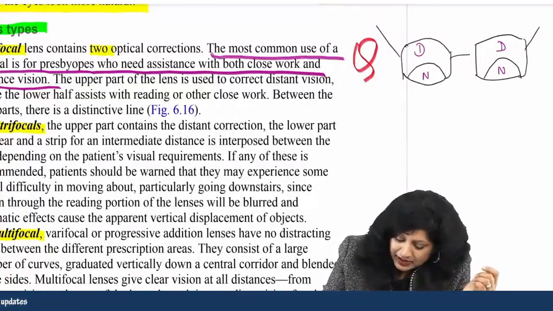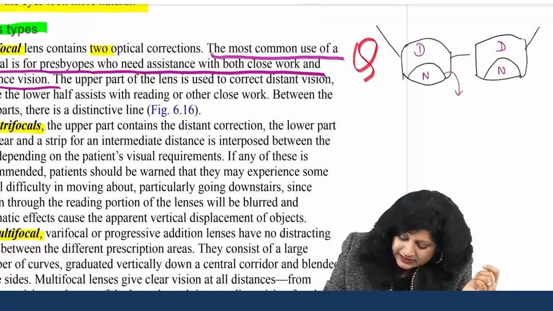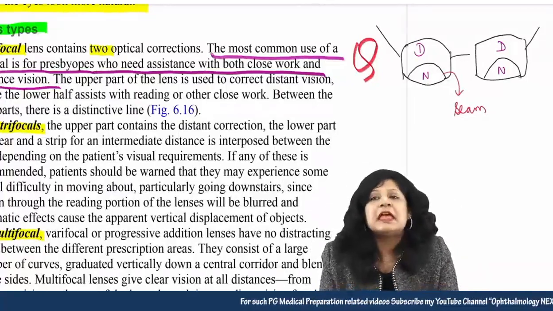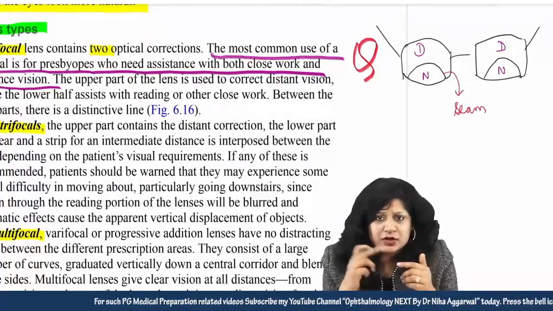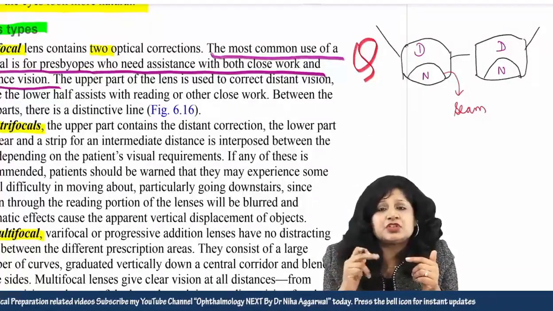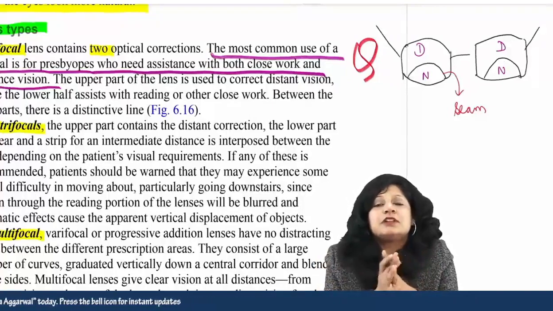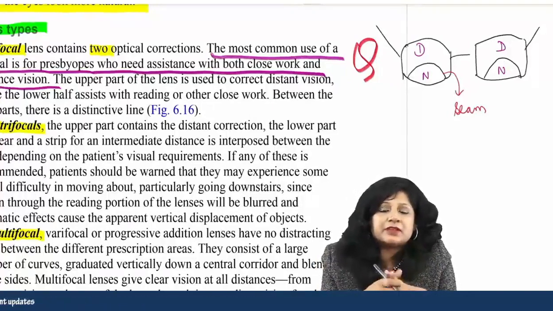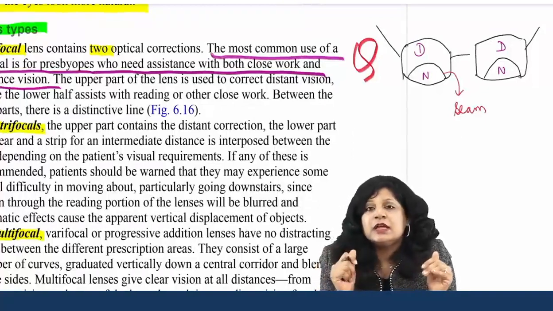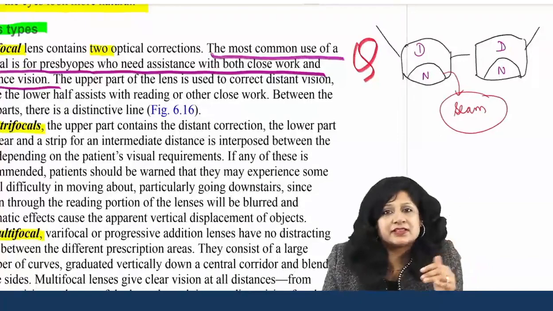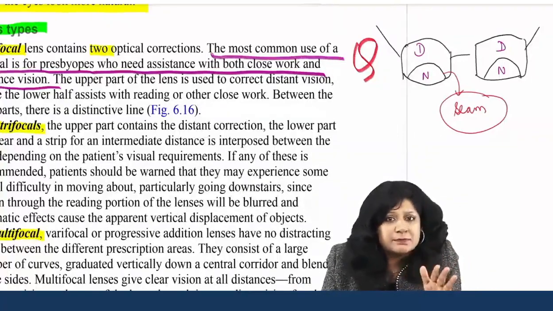And this part which is present is called a seam. This seam means that you have got a difference in the refractive errors in the lens type. And the shape of the near addition can be different. We can have semi circular type like the one I have drawn, otherwise I can have half and half also. The point is that this seam should pass through the pupillary axis. That is the main thing. Shape does not matter there.